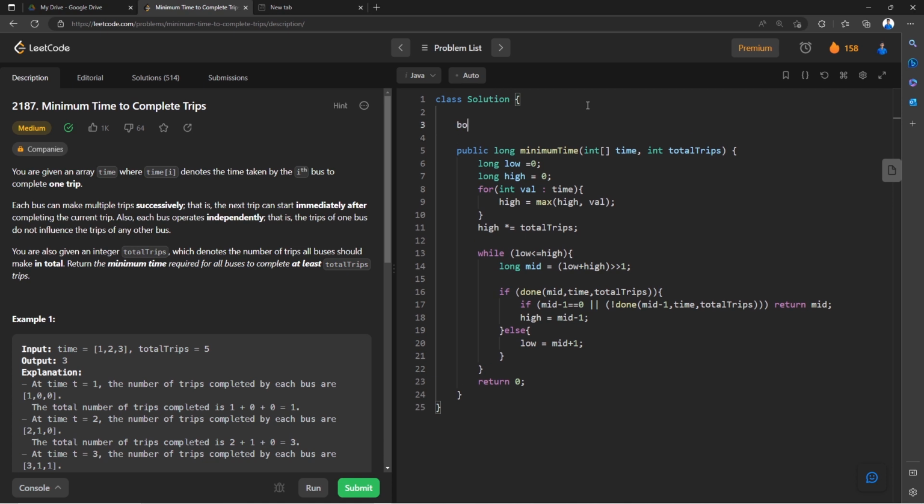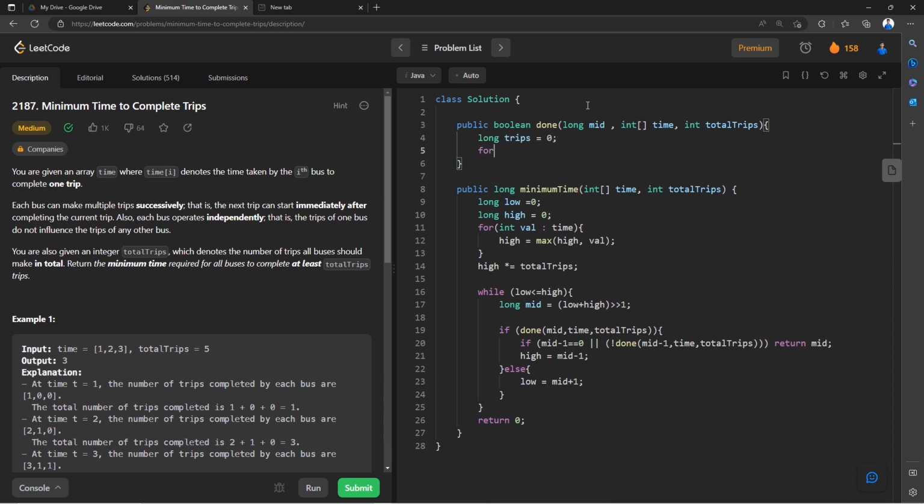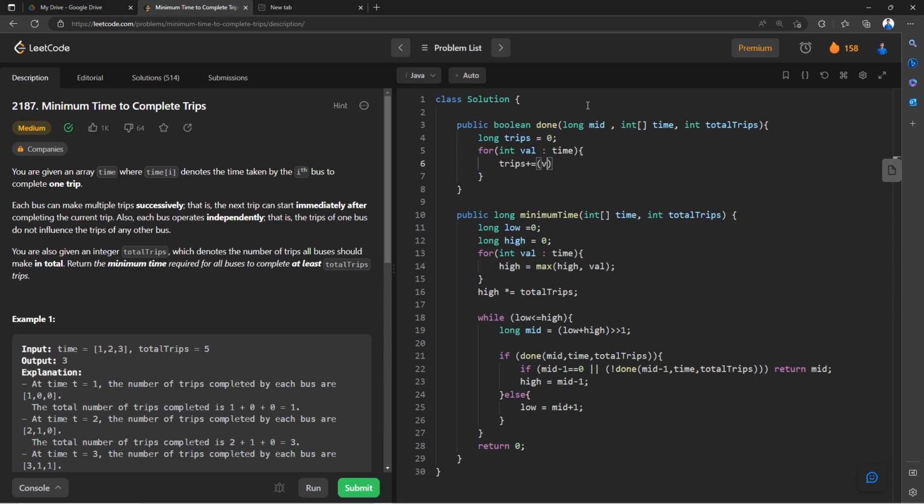So we're going to say public boolean done. And here we're going to say long mid, int array time, and int total trips, right? Fine. We're going to say long trips, so let me add trips, which is 0. We're going to say for each value in time, trips should be plus equal to mid